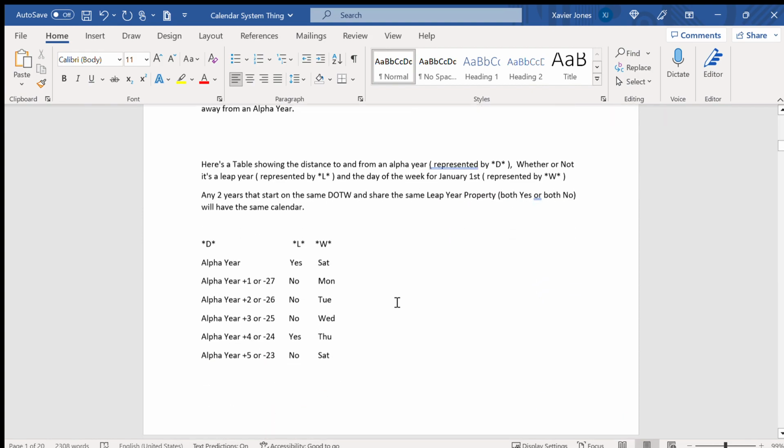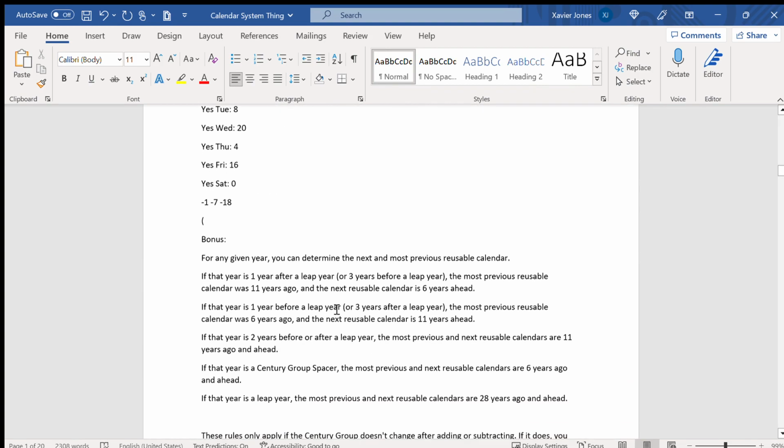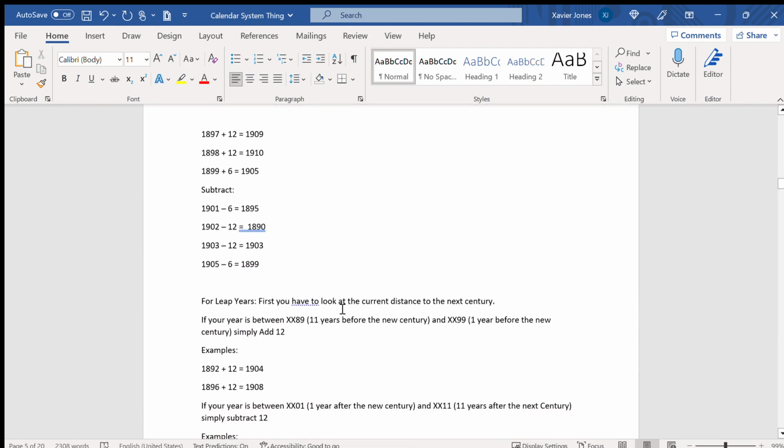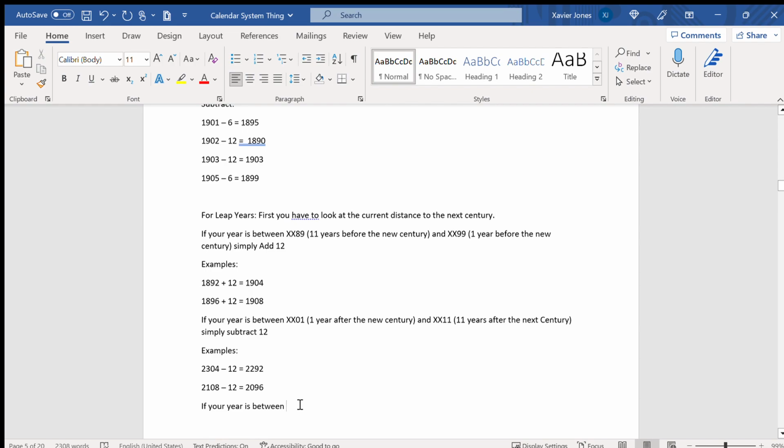So for the Deimos century group, if your year is between XX72 and XX89, you now have to look at